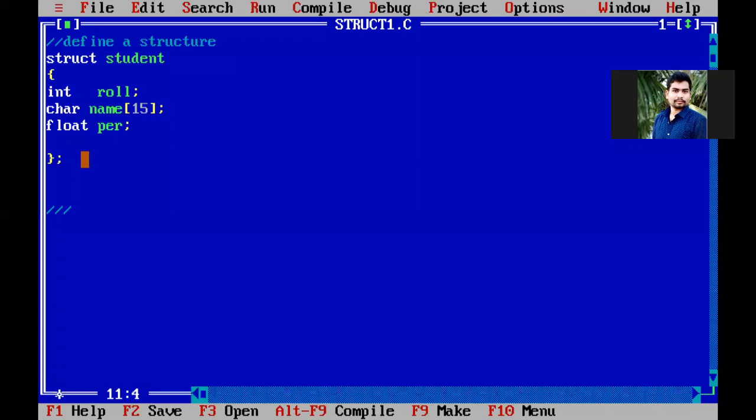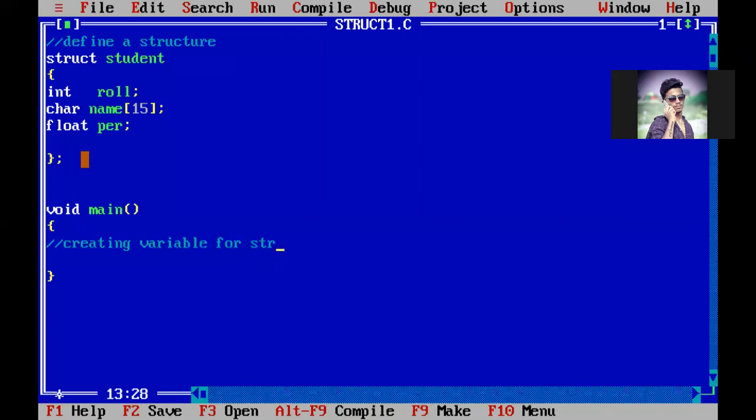Now, I'm opening the void main because without the main function, we cannot execute our program. Can you execute our program without the main function? We cannot. A program will contain only one main function. So we must write the main function in order to execute. So here, again, I'm keeping the single quotations. I'm writing the second point, creating a variable